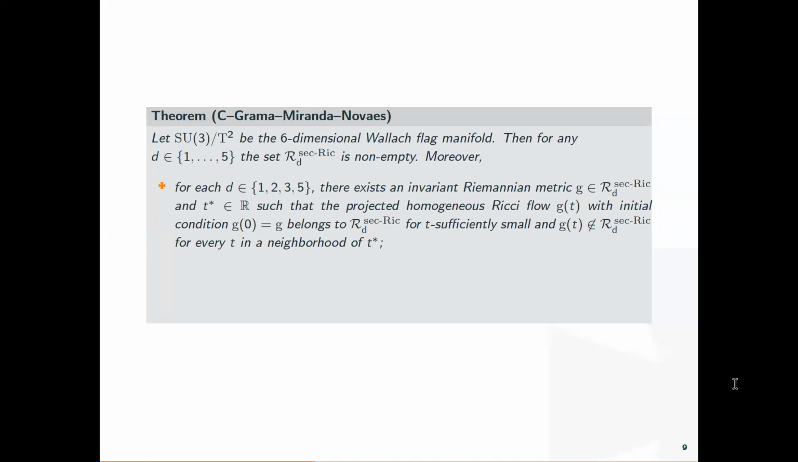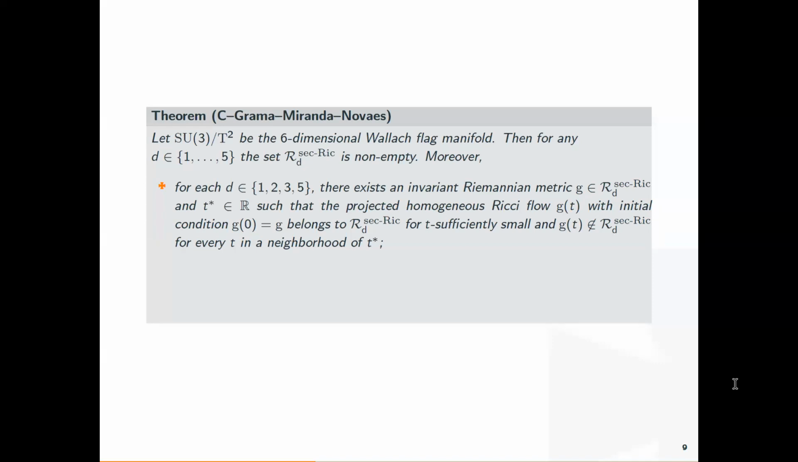So this result is the one that describes to us all the dynamics of the thing. And here's the thing: we have the 6-dimensional manifold, and now we pick d from 1 to 5. So it means that we are picking the intermediate curvature notions varying from positive sectional to positive Ricci. That's what R_d^sec-Ricci means. And we show that this is non-empty, so we can provide the existence of different metrics with this kind of